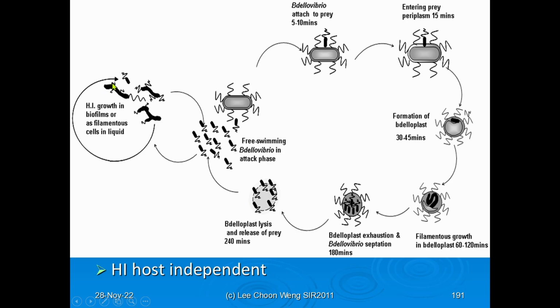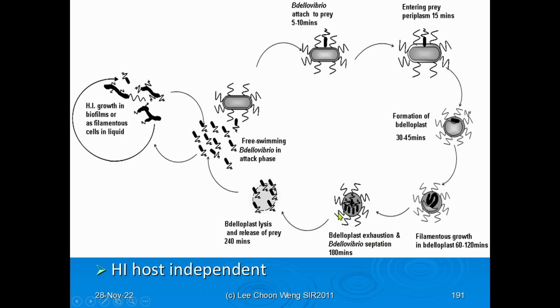So here you can see the free-swimming Bdellovibrio in attack phase, and upon attachment, they will enter the periplasm and enter the cell. Bdelloplast is the 2-cell formation, and then as the Bdellovibrio utilizes the nutrients from the host, they elongate,